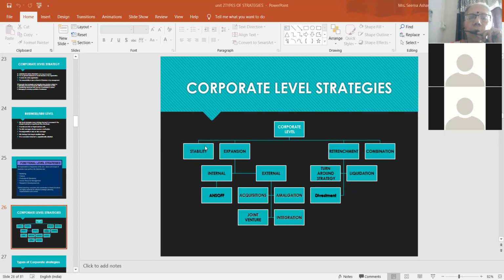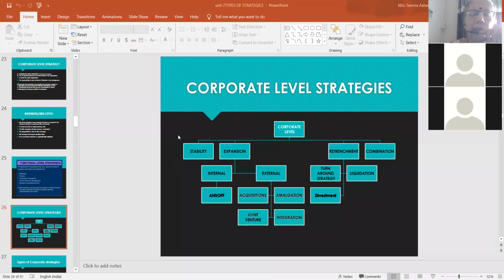So now we are here on stability strategy. Now before I go ahead with the PPTs, who can tell me what is the meaning of stability? What do you mean by stability? Anyone can try, unmute and please let me know what is stability. Well, stability means when not much change is happening in the environment and everything is quite stable. Yes, correct. When everything is stable, there is no particular change happening. Major कुछ फर्क नहीं हो रहा है. सब कुछ अच्छे से ऐसे जैसे चलता है वैसे चल रहा है. That is called stability strategy, right?